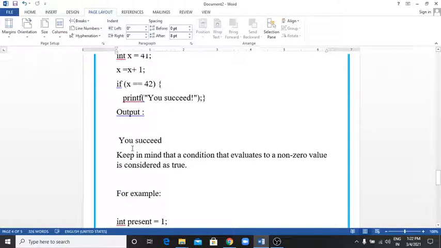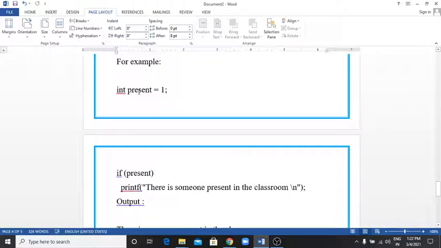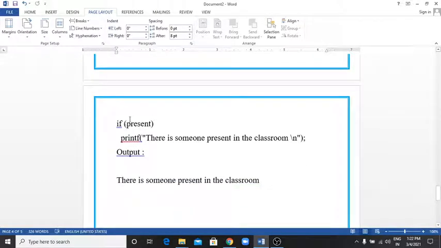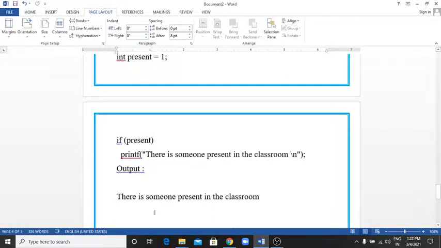Keep in mind that a condition that evaluates to a non-zero value is considered true. For example, suppose I take a variable present of integer type and assign 1 to that variable. If present is the test condition, and the value of present is 1, then this true part will be executed. So printf there is someone in the classroom will be executed and shown as output.